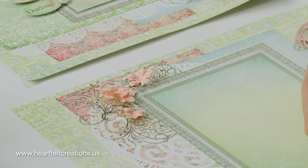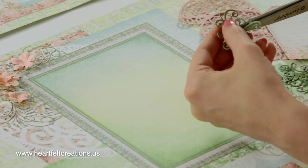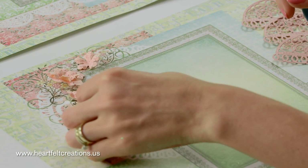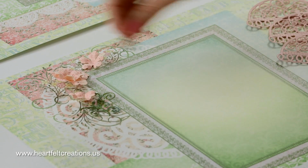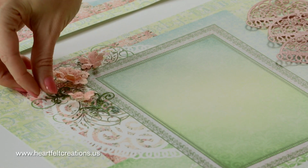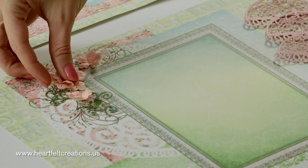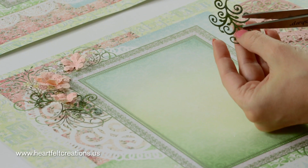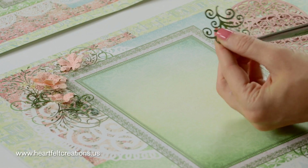So then I went back and I just cut apart some of these swirls, and you can kind of tuck them in however you like. If you have a darker swirl, it will show up a little bit more. So I'm just going to kind of quickly place these. And I like to tuck those swirls in underneath. I'm not going to be gluing it down, but if you cut these swirls apart, it kind of makes that